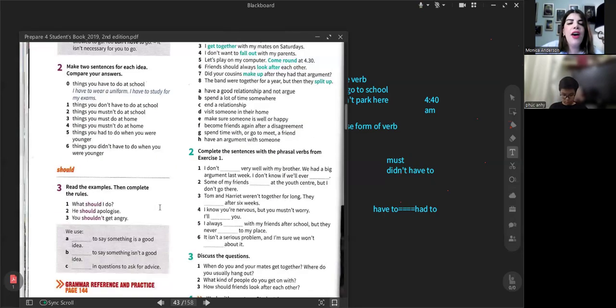Very good. Okay, now let's see. We have another modal that is should. Should is normally used for advice, for a suggestion. It is used to talk about something that is good or not good, but there is no rule in it. For example, I say, what should I do? He should apologize. There is no rule. We are giving advice.